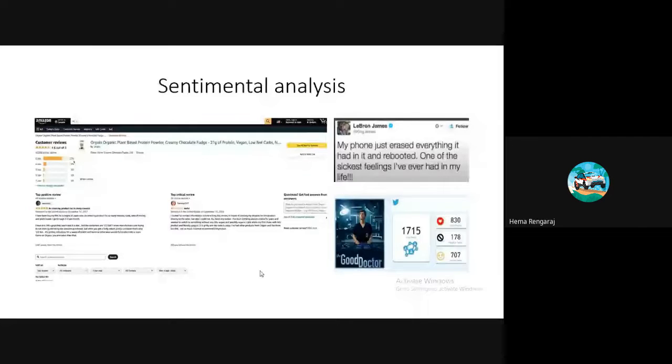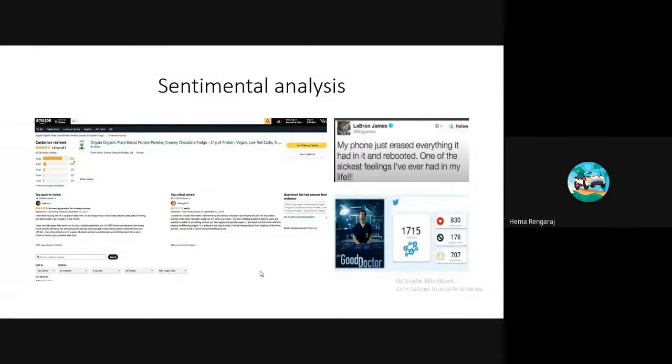We all know that, even in a food delivery app, starting from the food delivery app and ending up with the costliest product, or any e-commerce company, they all need customer feedback because they want to increase their productivity, and they want to launch their brand worldwide. So they need the customer's feedback. It is that important, and it plays a vital role in increasing the productivity of their company.